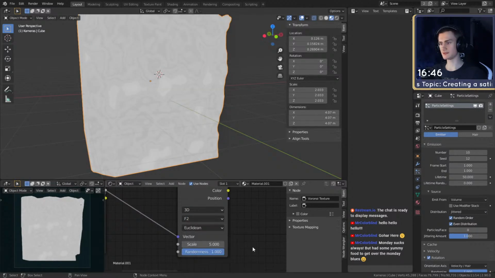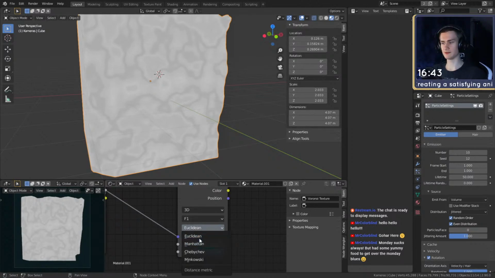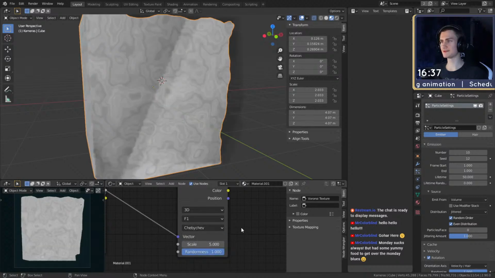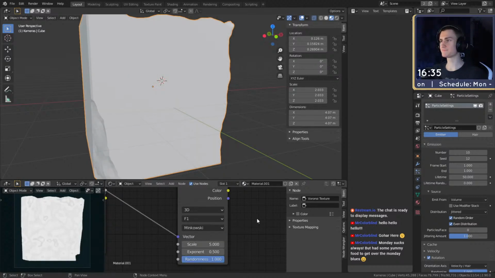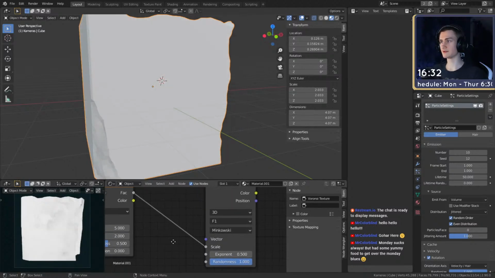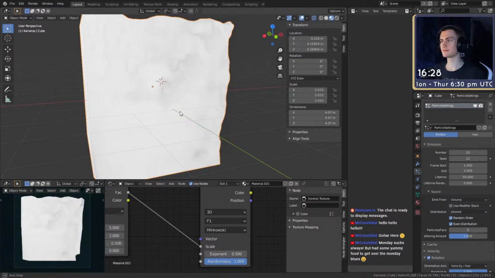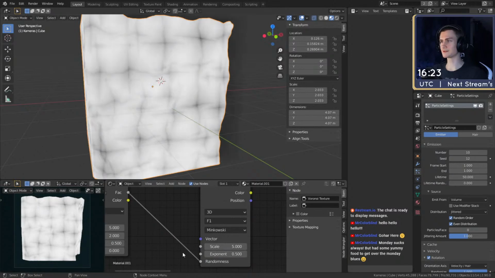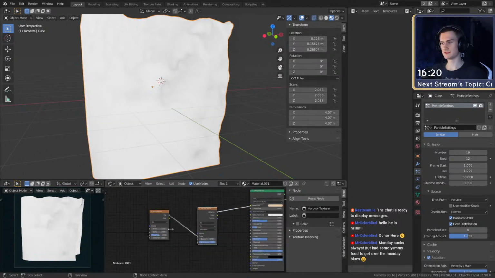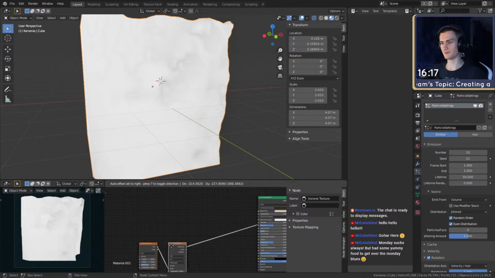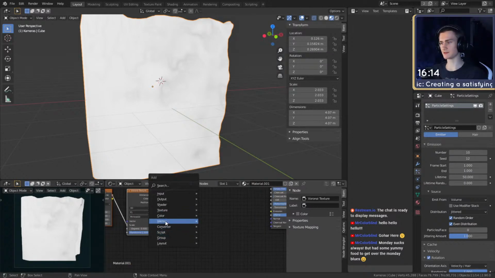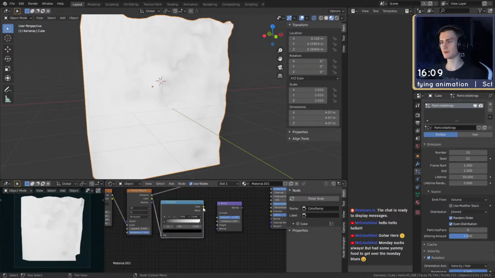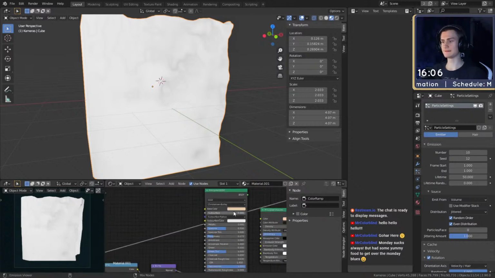Let's look at a few options here. Oh, of course we can change the, I don't even know what that's called, the method, I guess. Manhattan, Chebyshev. They all look kind of the same. What if we plug the factor into something else? Okay. This looks quite interesting. Okay, no, that's not really what I wanted. I guess scale looks pretty good. So we can then just use this as a bump map. Put that down there, and then just to see what it looks like, put that after a color ramp into the bump map and into the normal of the shader, just to see.